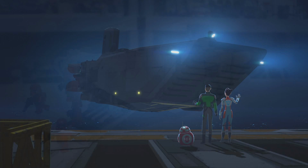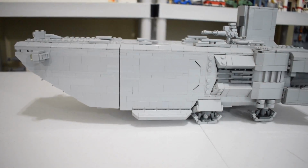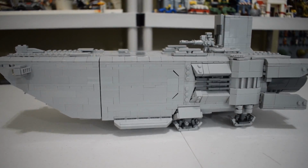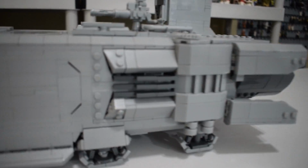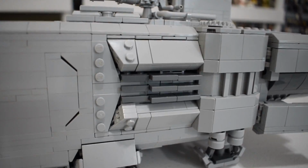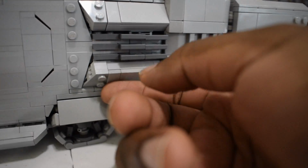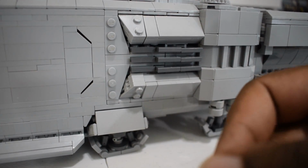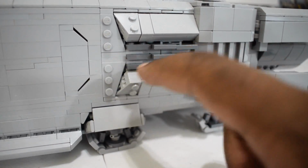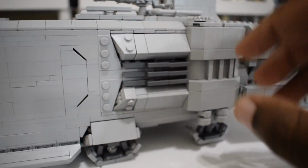various MOC contexts. Taking a closer look at my model, you can see I kept the front half of the sides pretty bare, which is mostly accurate to the design we see on screen, but the back is where a lot of the details start to show, specifically this section right here. This was a very complex section to design, just having these various angles all come together in here and fit relatively seamlessly. I'm very proud of how this all came out, and I even have the little fin sections in the middle of this. This was all very complex to design, but very fun once I got it all to